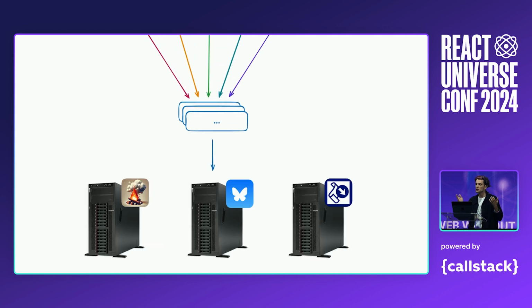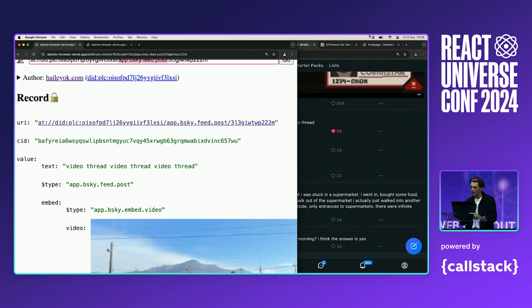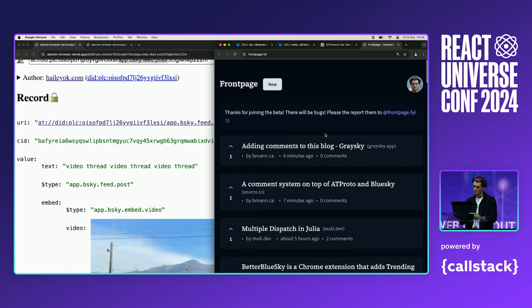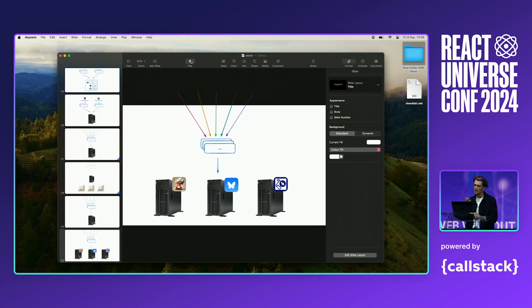So we know that this works because we actually have an app in production that is built this way. So it's the Bluesky app. But we just revamped our website and published a tutorial for how to build apps on the Atmosphere. There's a couple of people who already figured it out before we documented it, which is, I don't know how they figured it out, but this Smoke Signal site is like meetup.com in a very early stage. And then this Frontpage.fyi is kind of like a Hacker News clone that's built on atproto. So there are already apps that work this way.